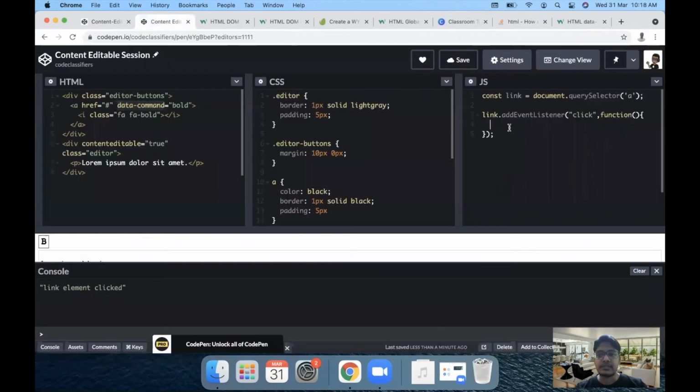In our case, if we write this.getAttribute, within that we are going to specify this data-command key. So this will extract our value. So let's store it in a variable. Let's say const command is equal to the command, and again log the value just to be sure.